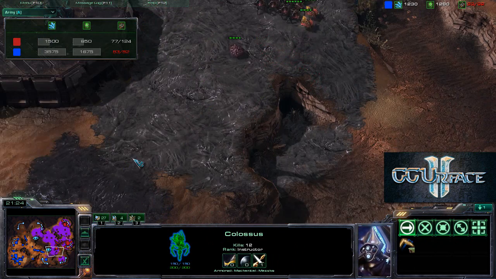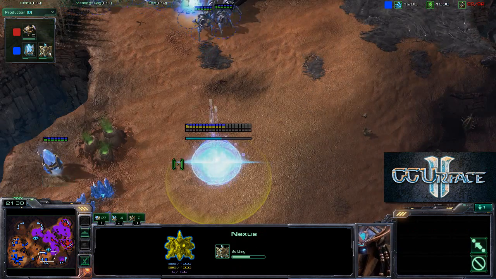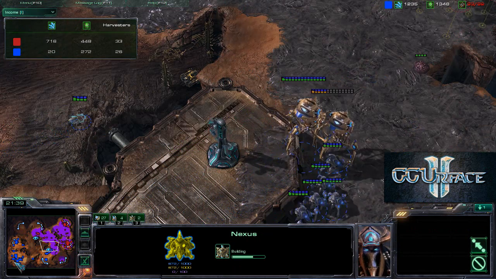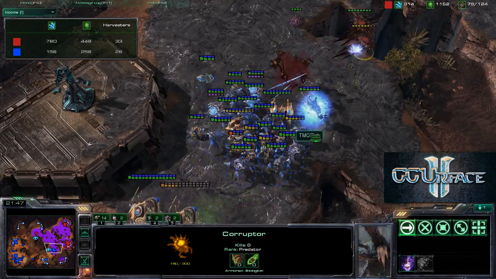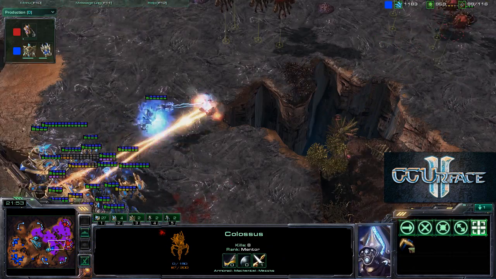The army count is at 77 to 93. This is still a very close game, as the Protoss player Risk has already lost his expansion and a lot of probes, so the income is in favor of the Zerg player at the moment. The Protoss player has absolutely no income. Any one move could have changed the tide of battle, and there's some Corruptors being caught out of position, and he almost takes down one Colossus, but one of the Corruptors does go down, and there is a set of